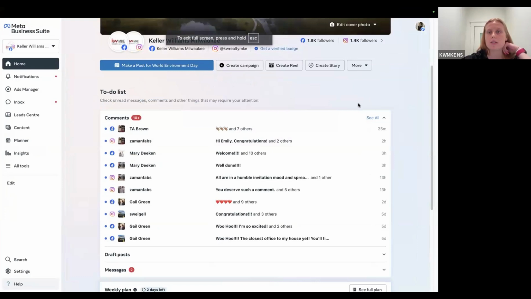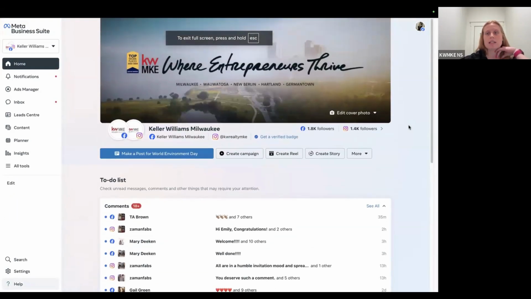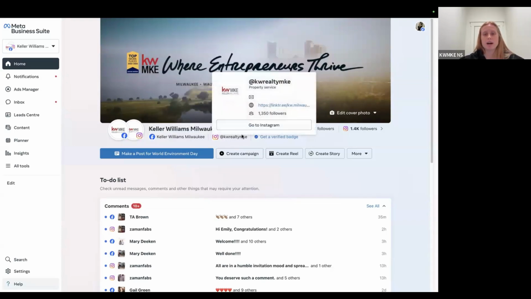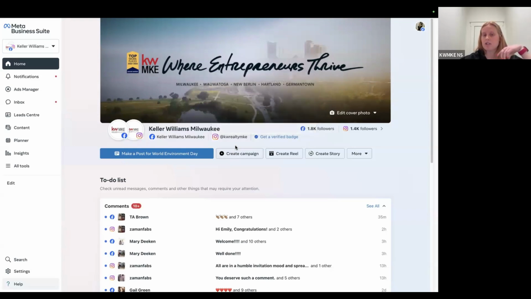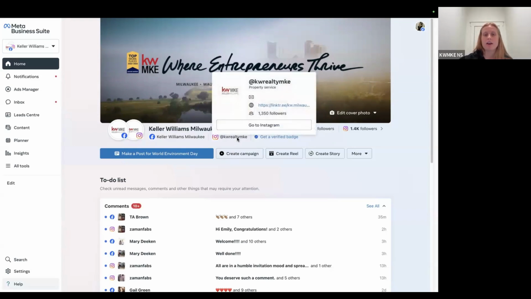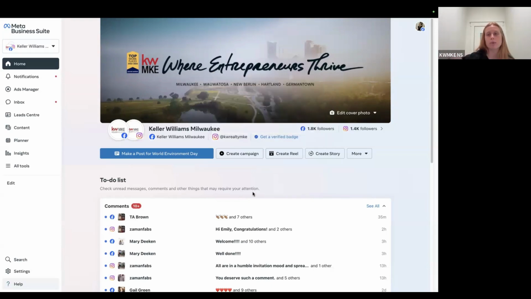I'll make this big for you guys. So this is what the Meta Business Suite looks like. If you have never logged into it before, it's going to ask you to log in. If you only have an Instagram or you only have a Facebook account, this might be a great place to start, where you can connect your two accounts as well. If you start here with a Facebook, it'll have a little button right here that'll say connect an Instagram account. If you haven't done that yet, you can click on it and it'll help you create an Instagram account that's under the umbrella of your Meta Business Suite.